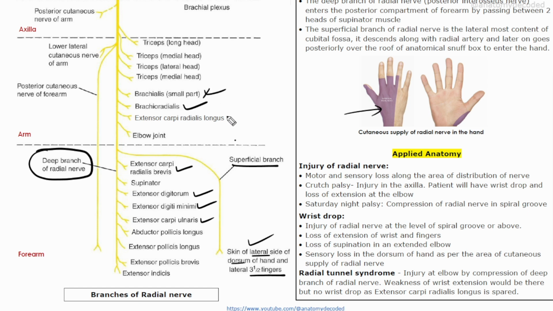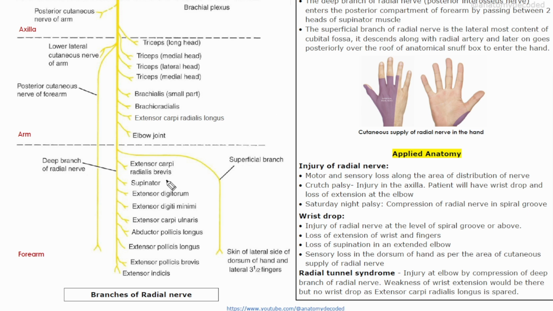Some superficial muscles were supplied earlier: the brachioradialis, the extensor carpi radialis longus, as well as anconeus. One, two, three, and four muscles here. All these are supplied by the radial nerve. But note this: these three muscles are supplied directly by the radial nerve, and remaining muscles are supplied by the posterior interosseous nerve. Then deep muscles, this supinator,